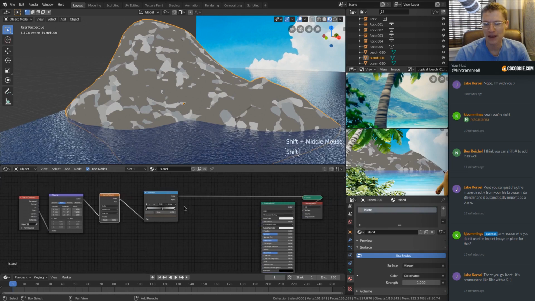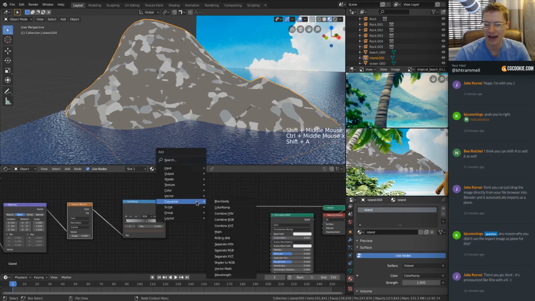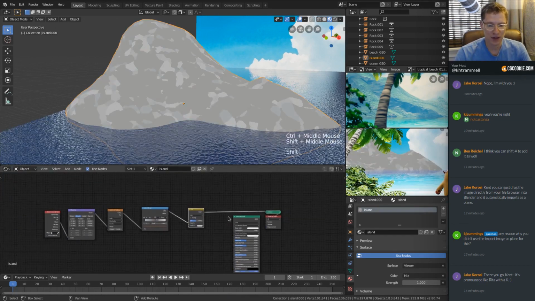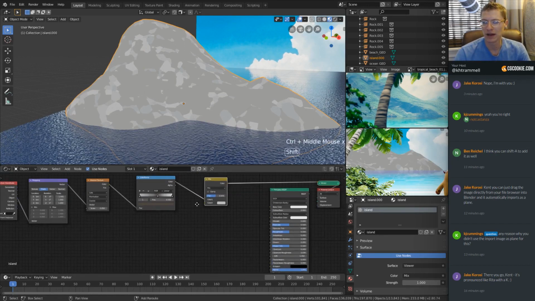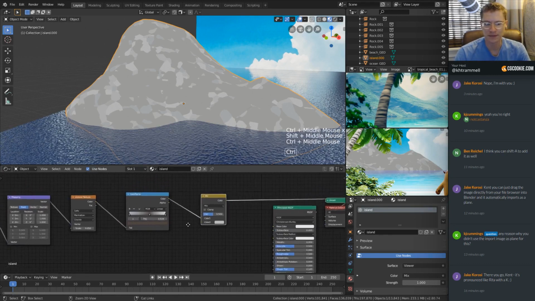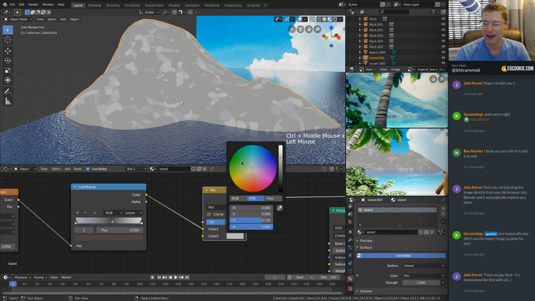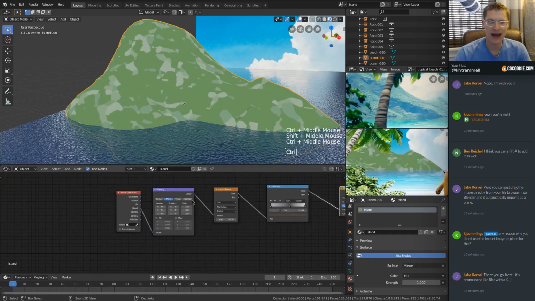And now for the green color, well, let's just start by adding a color mix RGB node. I'm going to try and take this slow because this material will become quite complex. So try and follow me, but it will grow in complexity. All right. The second color needs to be that general green,